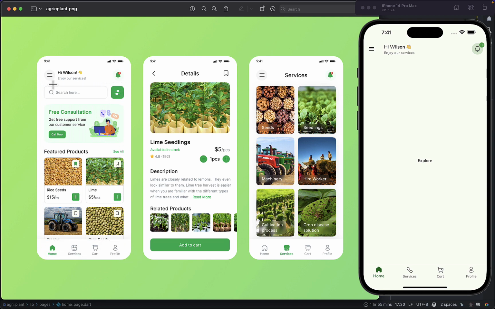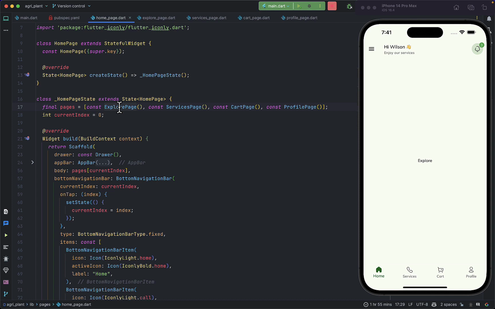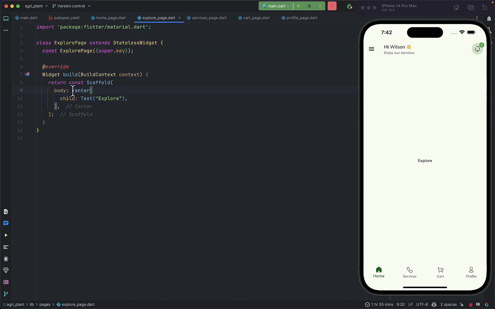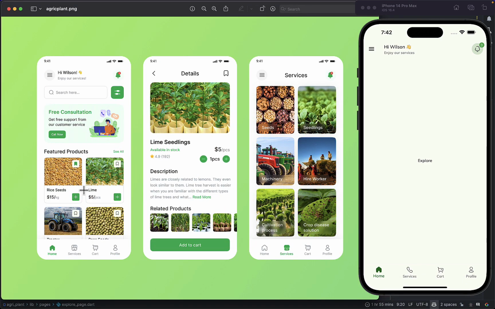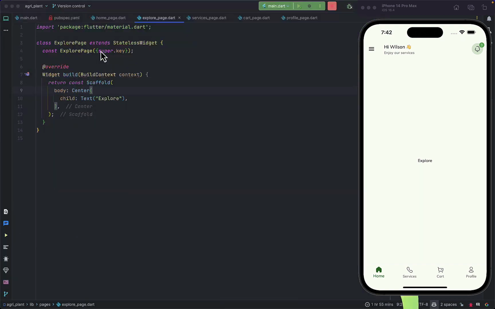Now let's get right into it. And within the explore page, we are first going to have a list view in the body, and the reason for that is we want the whole body to be scrollable, right? So looking at the UI, we realize that we wouldn't have all the content fitting on the screen, so we need a way to scroll, and the way we are going to do that is to have a list view or a single child scroll view or any other scrollable widgets you are familiar with in Flutter. So instead of this center, we are going to retain a list view,